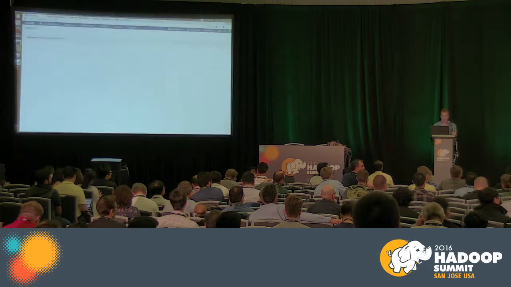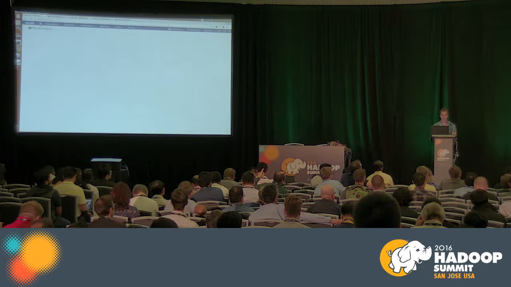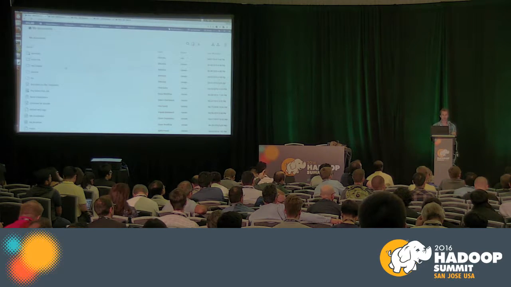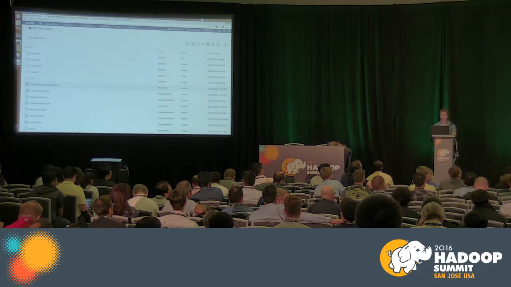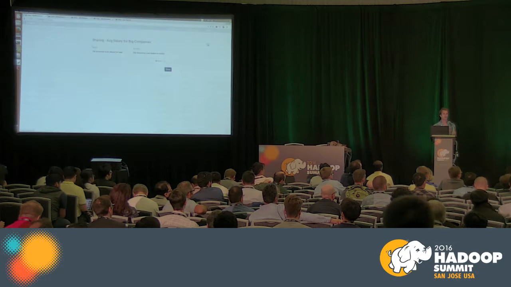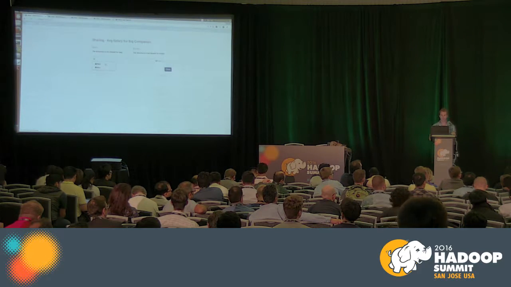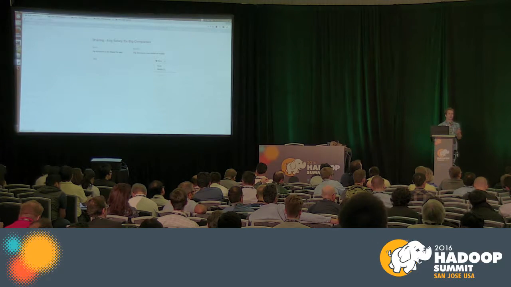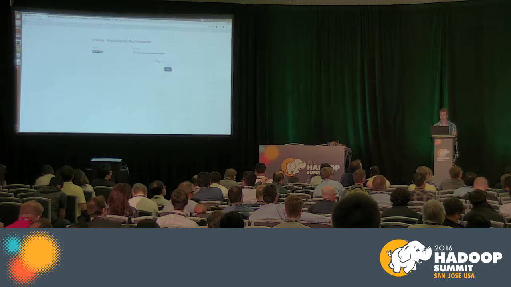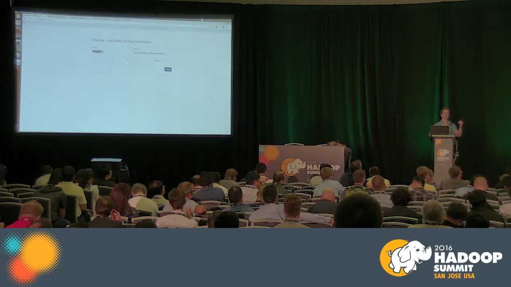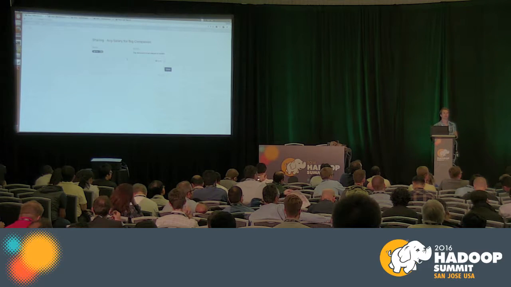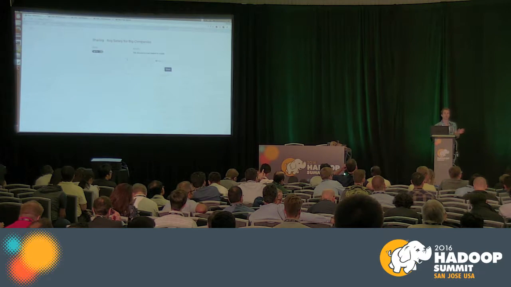So the question is, can I share queries with different users? It's similar to Google. If I select a query, then I can select permissions. If I know I have a Hive user or a Hive group, I can select it, give read or write permissions, and then just add it. Then the user, when he logs in, will see it show up in his home. He can use it, or he can even modify it. So yeah, similar to Google Docs.